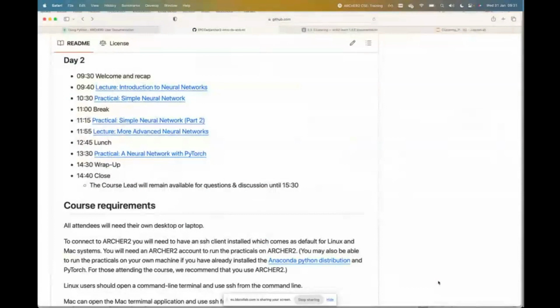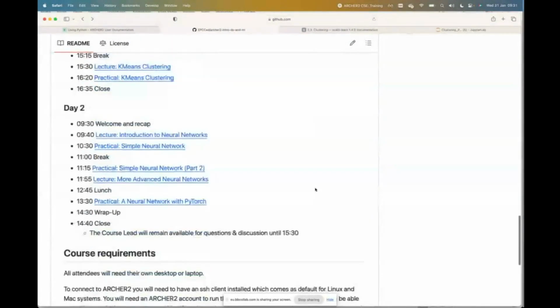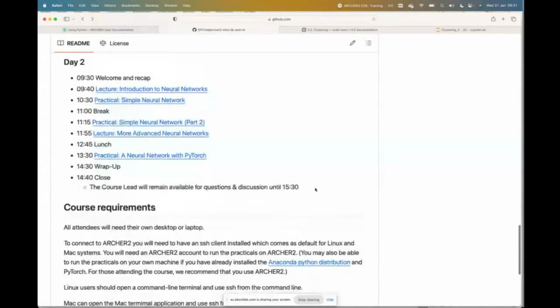Okay, so today we're going to be mostly focusing on neural networks. That will be the main topic of conversation today. Just to pick up on a couple of things from yesterday, when people were doing the practicals,